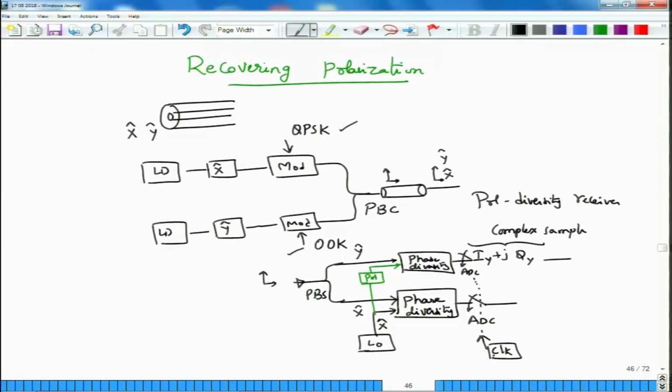Okay, and both characteristics of ADCs are also kept nearly identical. For example, if this is a 16-bit ADC, you try to keep this one also a 16-bit ADC, so that the two samples are not really different because of the processing that we have used. Of course, depending on the application you may want to change things, but in general for these high order modulation systems which are very high data rates, you try to keep them to be the same. Okay. So, the output of the X polarized phase diversity branch would be IX plus JQX, which is again a complex sample. You combine these two samples together and then process in a unit called DSP unit.